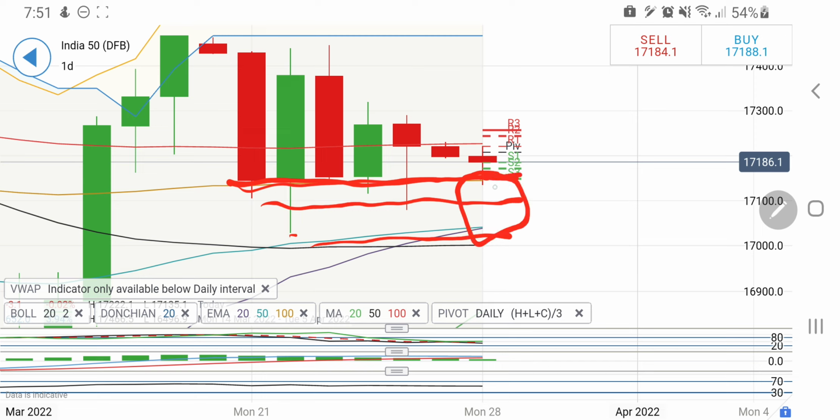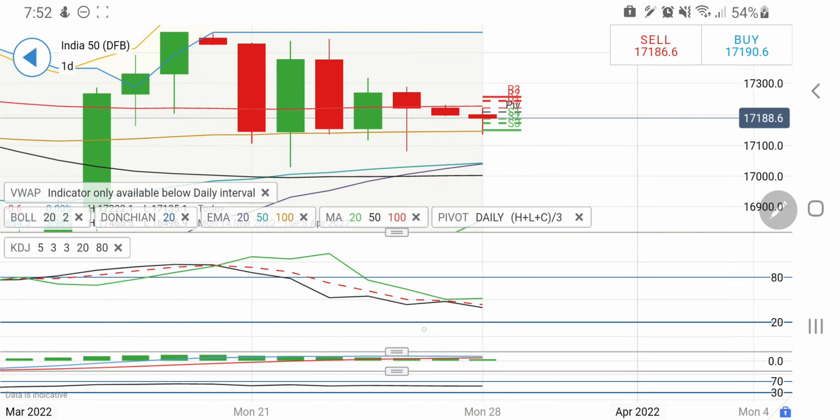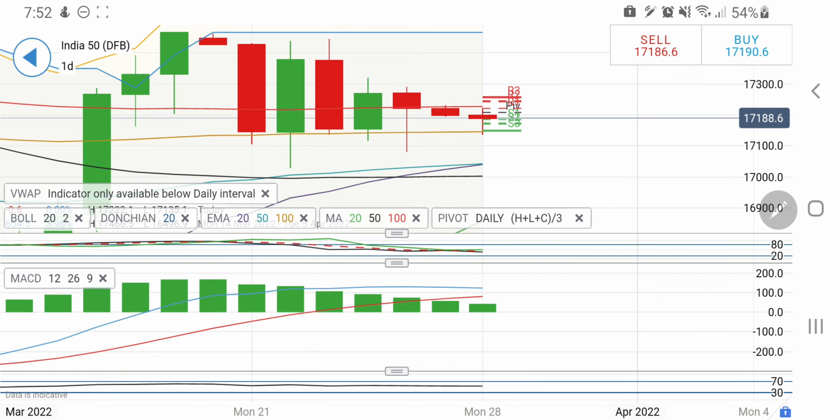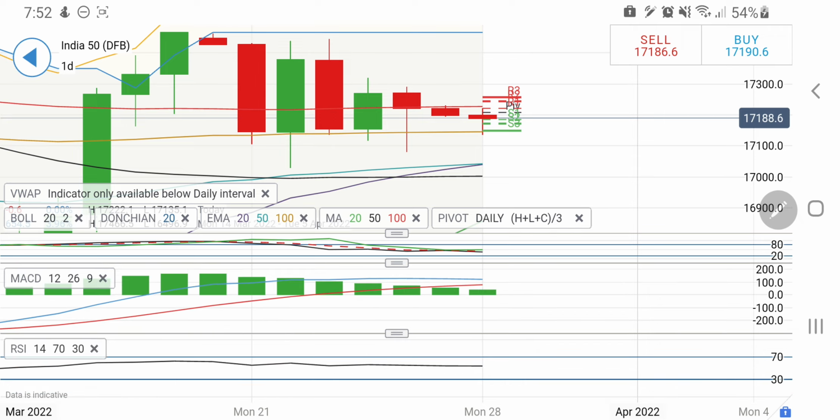Breaking 17,150, you can expect that it can hit 17,100, and then breaking 17,100, I will be a little bit bearish, as I had told in my weekly analysis. Below 17,100 one can remain short towards 17,000. Breaking this, one can remain short throughout this week. One can expect 16,800, 16,500 levels, and on the downside it can break strongly. So I will be watchful of this. On the daily charts, any long entry is recommended beyond 17,250 only. Daily stochastic is trading with a drop, and right now it is neither oversold nor overbought, a comfortable zone. MACD is trying to converge and cross over on the sell side.